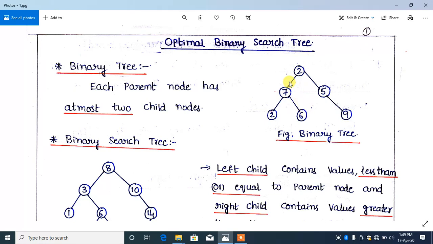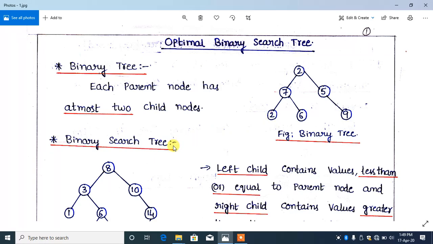In this diagram, node 2 has two child nodes, node 5 has only one child node. That means a binary tree is a tree in which each parent node consists of at most two child nodes. Maximum we can have two child nodes for any parent node except the leaf node.